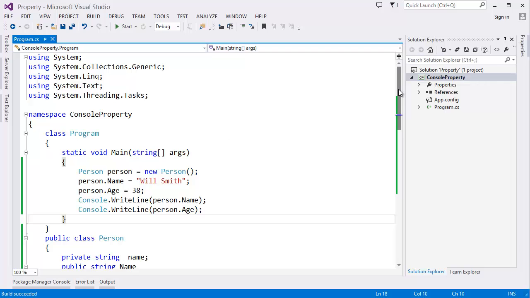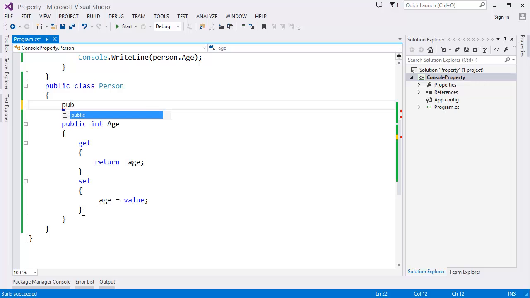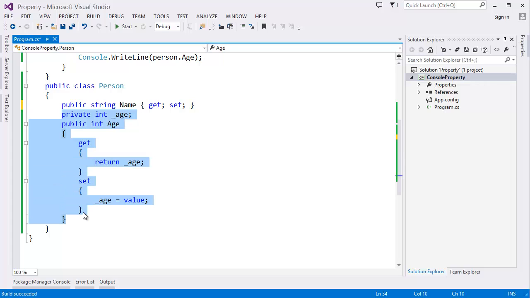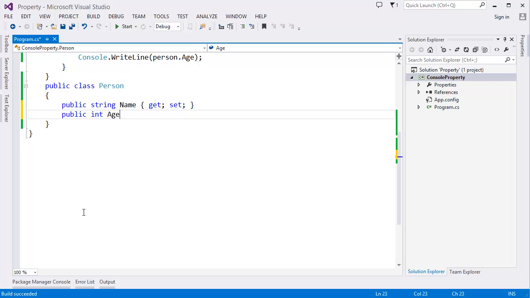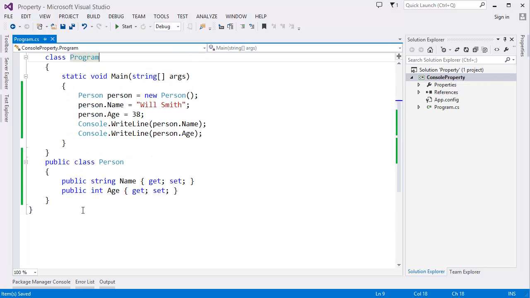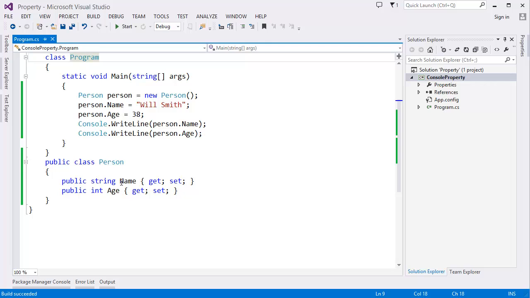So that means instead of this, we can use simply public string name get and set, and similarly instead of this age field and methods we can use public int age get and set. Now we can run the project again, Control F5. Yes, so this is called property. Now name is a property and age is also a property,